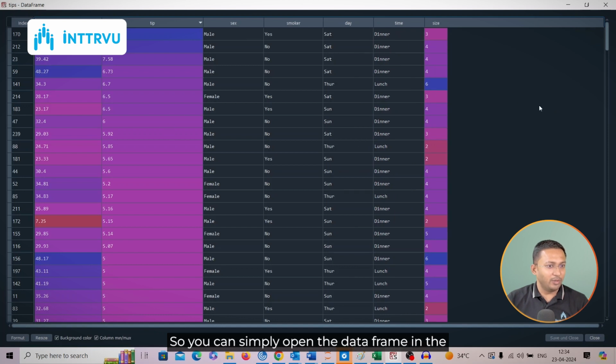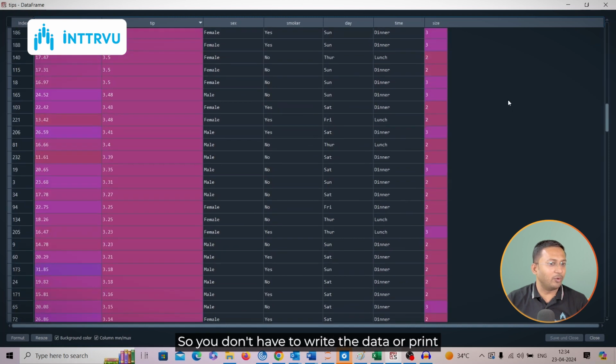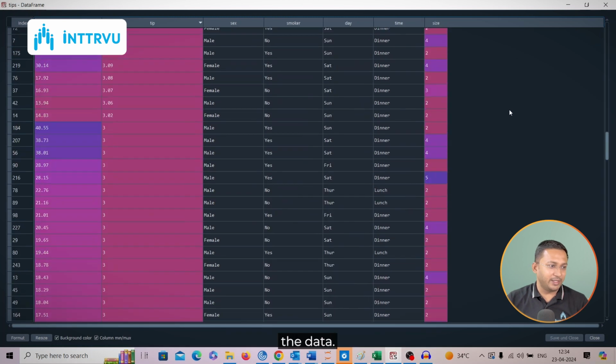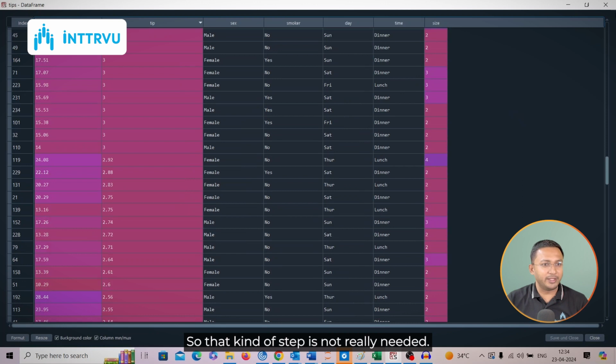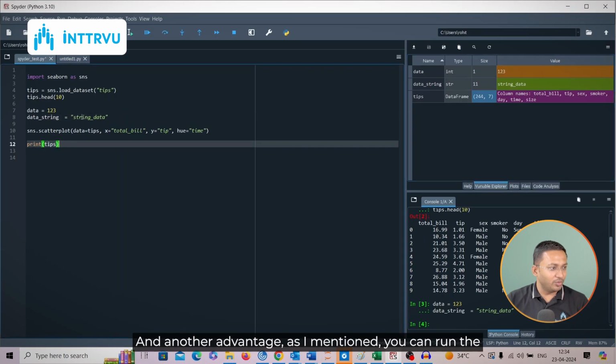So you can simply open the data frame in the variable explorer and check the data. So you don't have to write the data or print the data. So that kind of step is not really needed. And another advantage, as I mentioned, you can run the code line by line, which is really good when you're